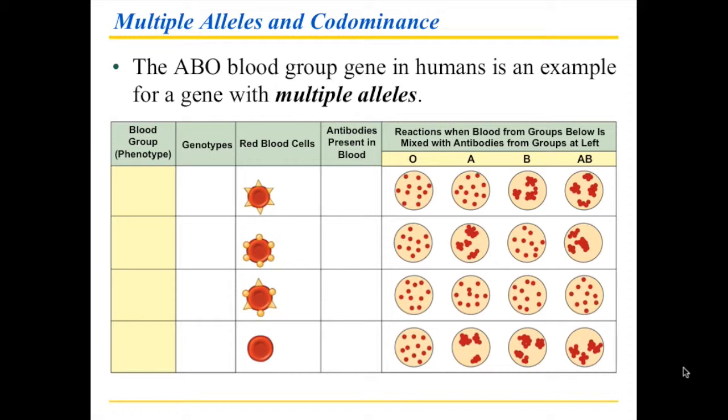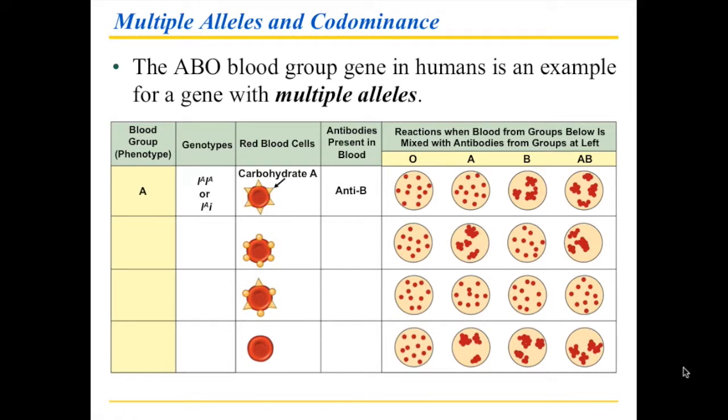Now the second of these is a situation where we have multiple alleles, and in addition we have something here called codominance. And the example we use here is the ABO blood group, which we have. Now the ABO blood group gene produces 4 blood types. So clearly there is something extra going on, because what we had in the past is we had 2 alleles and they produce 2 colors. That was the strict Mendelian genetics. Then we had 2 alleles and they produce 3 colors. That was incomplete dominance. And now we have something different. We actually have 3 alleles and they produce 4 colors. So not just 2 alleles, but multiple alleles.